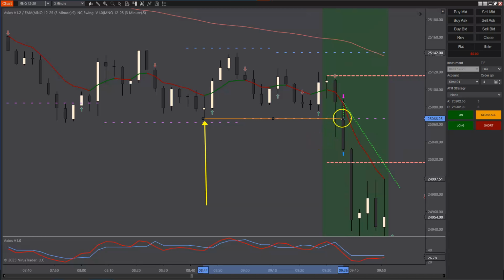So what we've found so far is that the swing lows and highs seem to be really good. So what we need,